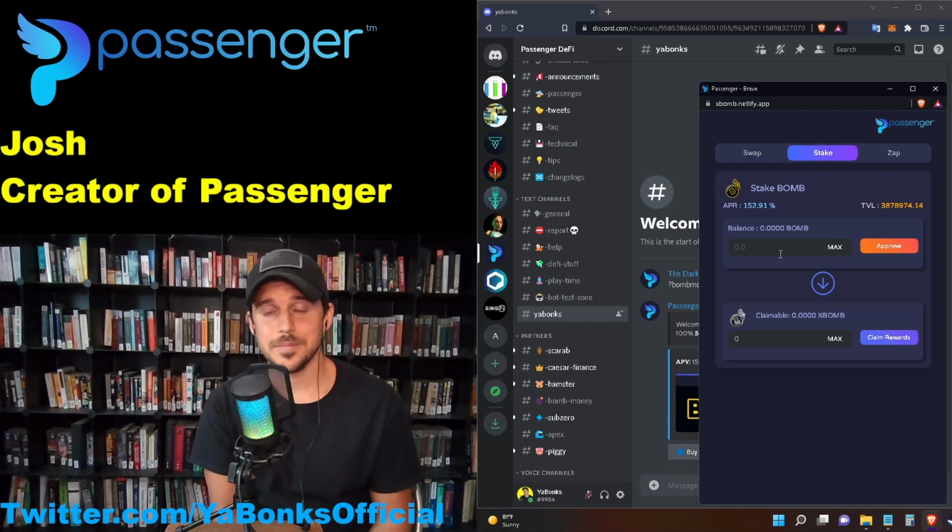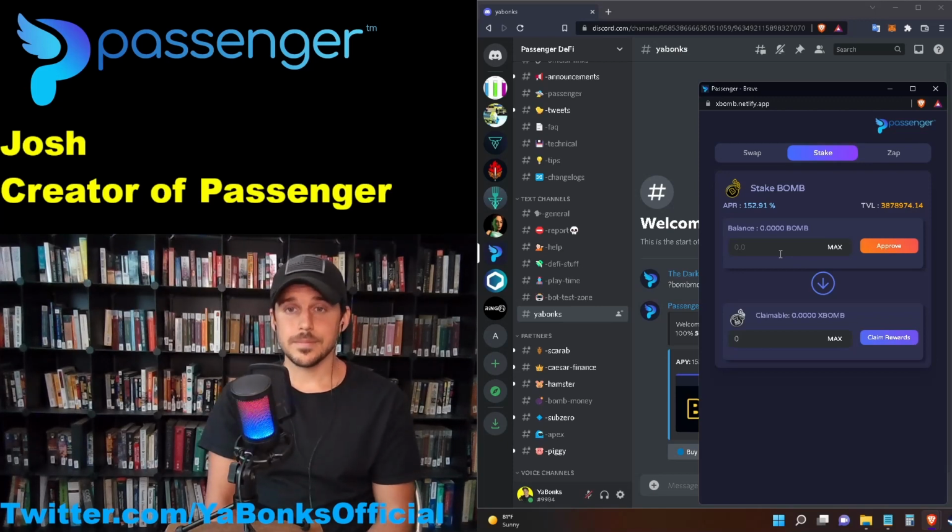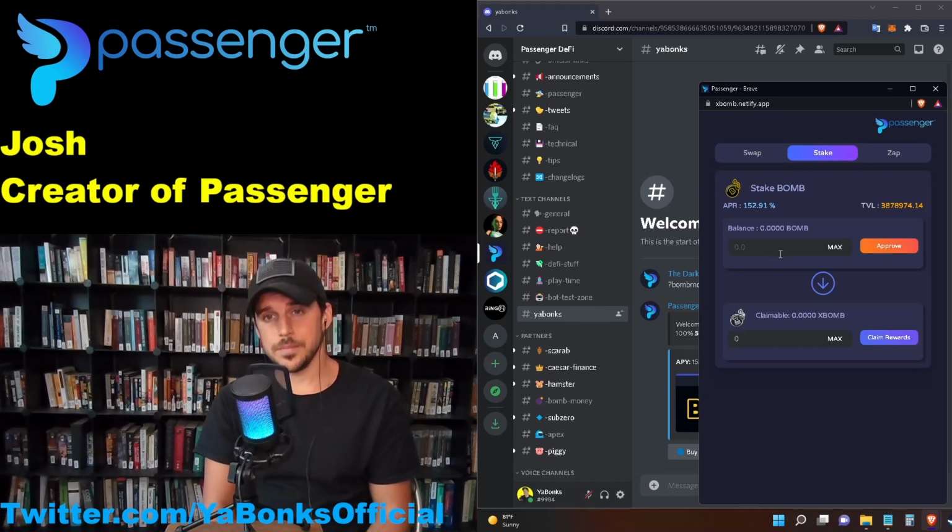Yeah, exactly. So there have been some scams, and with Passenger, we're trying to be as safe as possible for everything. The main thing is we're using existing contracts. So if a project is safe, then Passenger is safe for you because we're using that project's existing contracts. There's no transfer of your private keys or anything into Discord. You are only staking into a project as you normally would. You're just not going to that project page. You're going into Passenger, but using the same contracts.